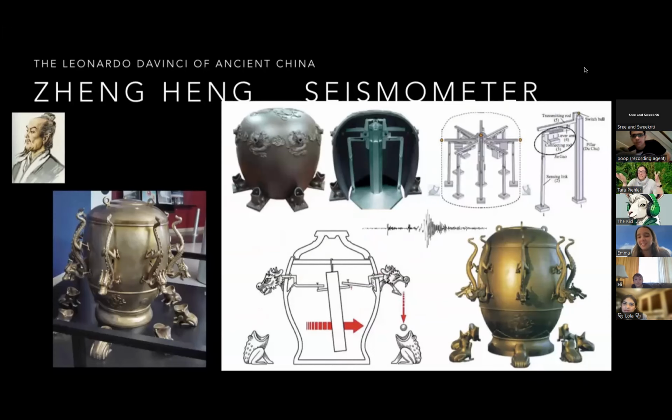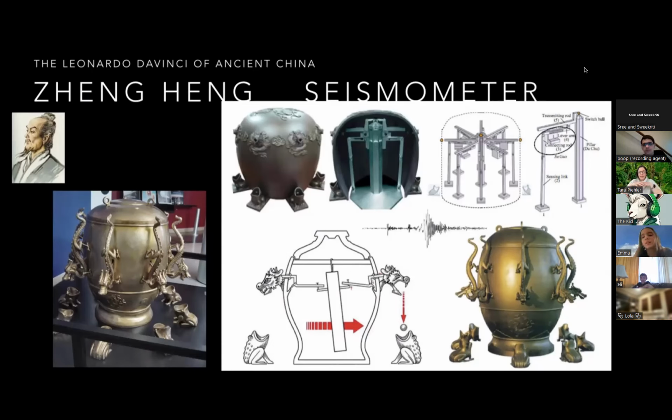So this is something else that's really cool that involves a pendulum. So this guy, and I'll botch his name, so I won't say it. You can read it, Zane. Thank you, Emma. He was basically the Leonardo da Vinci of ancient China. He did everything. He was the astronomer, the physicist, the mathematician. He was the guy who